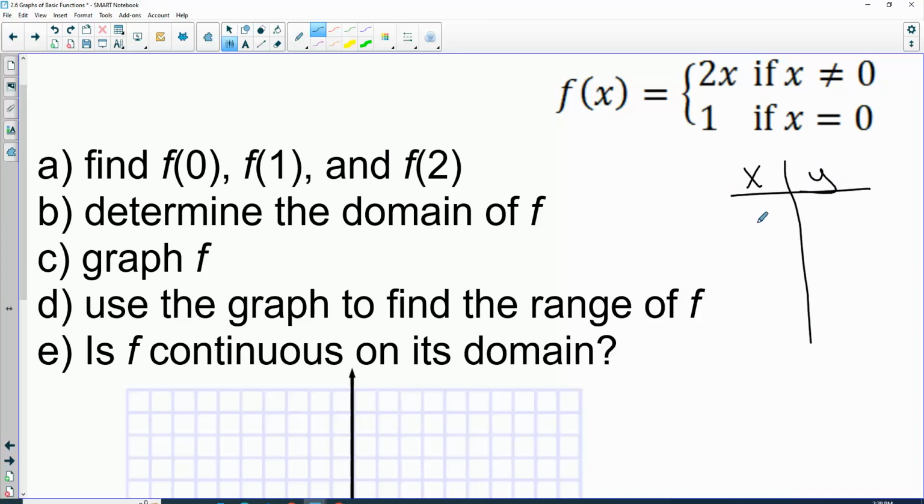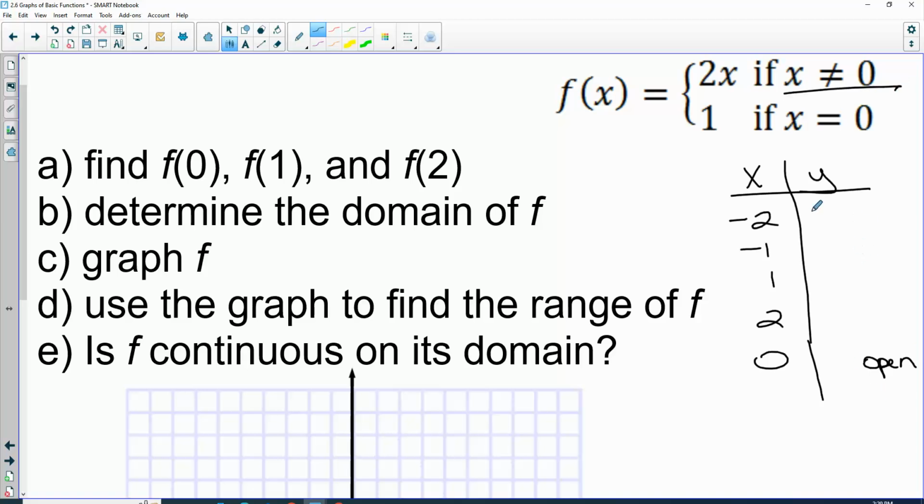So what did you plug in? Any number but 0? Okay. Why did you put in 0? Okay, we still need to put it, but what would be true? It would be an open circle at that point. So we still need to put it in so we get an idea of what our graph looks like, but